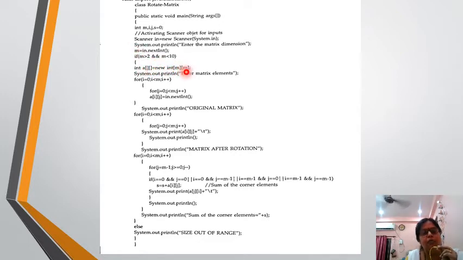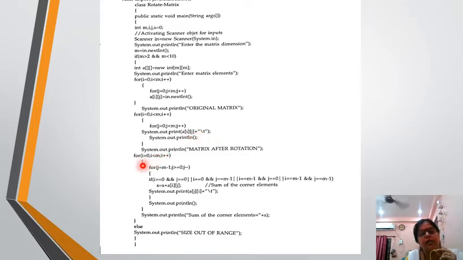Okay, what range are we going to use? 3, 3, 4, 4, whatever it is, it should be less than 10. Then enter matrix elements. Here we have input matrix elements i and j through the scanner. This array is for your input. You all have done this in class 10. This array is for your original matrix. Till here you all have done it in class 10. Okay, this is for printing the matrix, as you all print a simple array. It is also here to print the matrix.